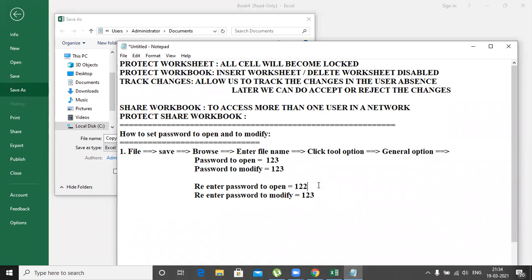Then you click save. Click the save button. Then close the file. The shortcut key is Control plus W to close. And in the third step, reopen the same file. Then you check.